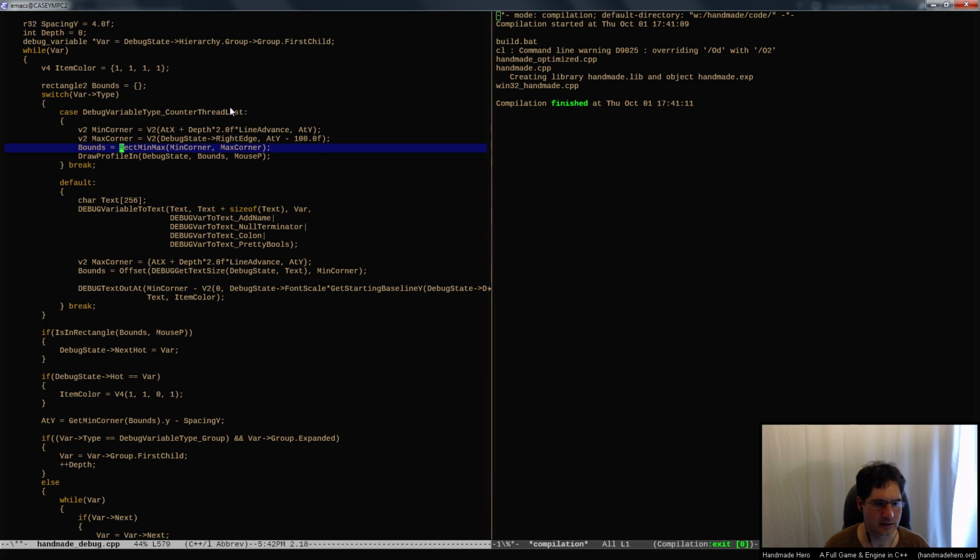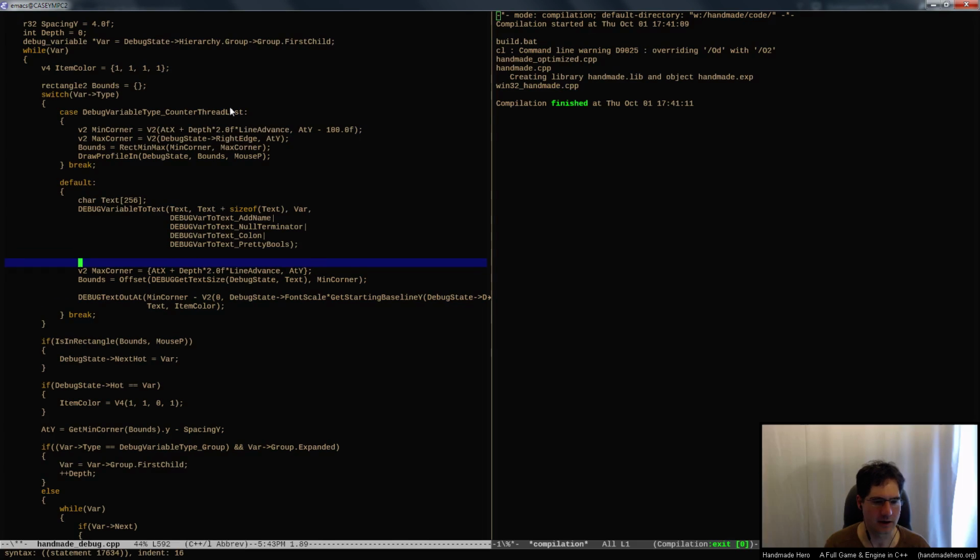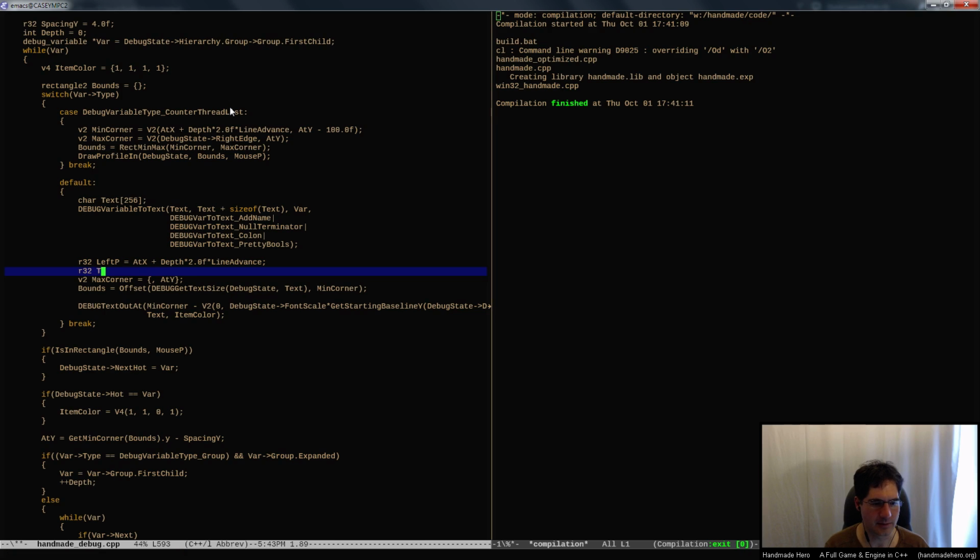So when I do this same thing here, min corner, max corner, this is that standard thing where I always say I think going down from the top of the screen, even though that's not the correct case. The min corner would actually be the low point, and the max corner would be the high point, right? Like you can see there. So I did the same thing in this one. And so the max corner, well, you can't even say max corner because I don't know what the max corner is going to be. But point being, I just know that I've got my left point, if you will, which is this real value, and I've got my top point,